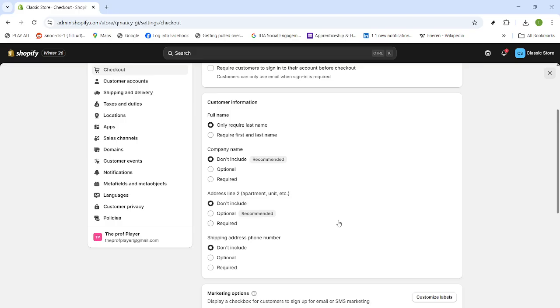That's it. You've removed the billing address from your Shopify checkout and streamlined the purchase flow. Save your settings, test the experience,